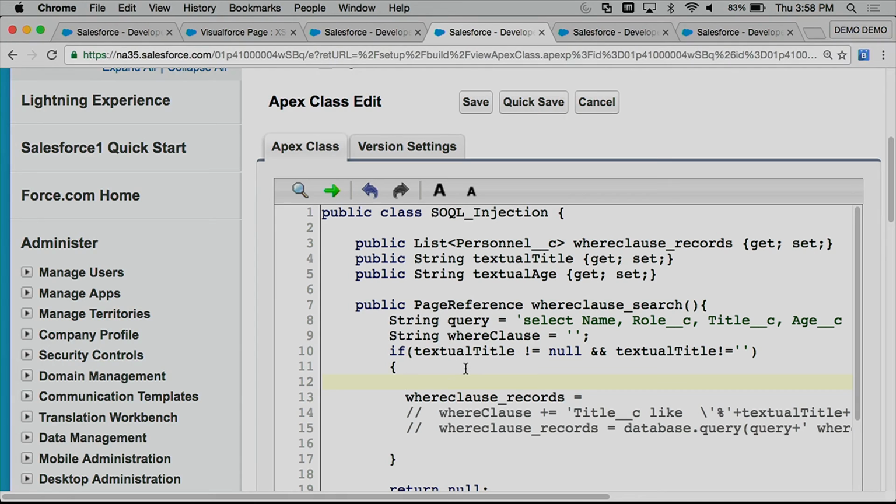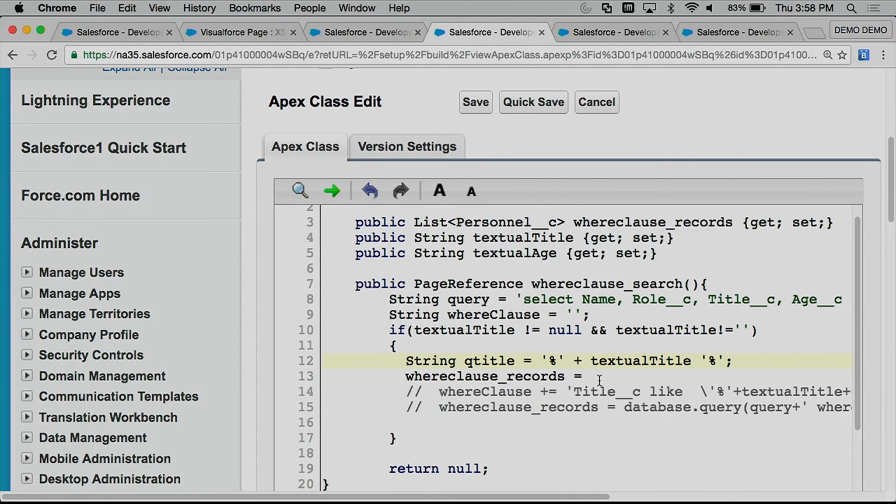So let's create a new string, and we'll just call it Q title, right? And what I'm going to do here is assign the wildcard. So this is just basically concatenating our title to two parentheses so that we have those fuzzy matches on the side. What we're going to do here is we're going to change our query syntax, and we're going to